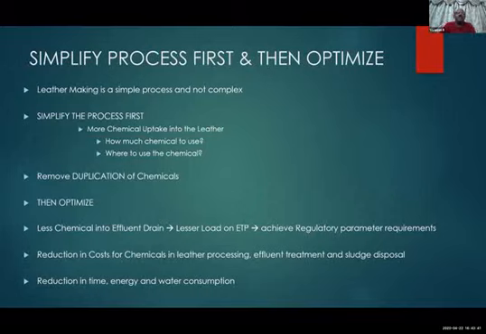And then once we start to optimize the process and list the chemicals, we found that 3 or 4 retannings are good enough, 3 or 4 fillers are good enough, and 1 resin is good enough. So like that, we have shortlisted for our company, for our products. And then we made our chemicals list.